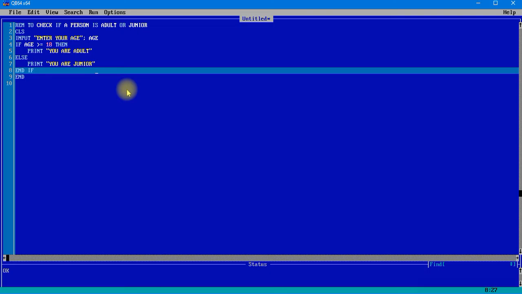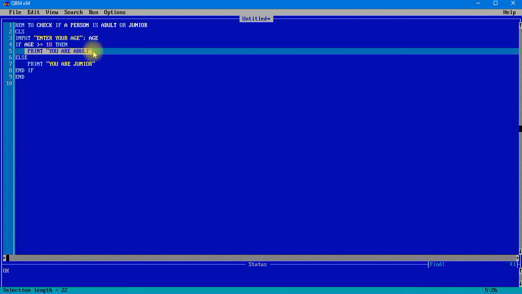As you can see, why is it called a control statement? If it is true, it is going to execute only this line. Only this line will be executed. It is not going to display this line, and after displaying this line, it is directly going to jump to end the program. So we have to remember that whenever we are using the if and else construct, this is a control structure.